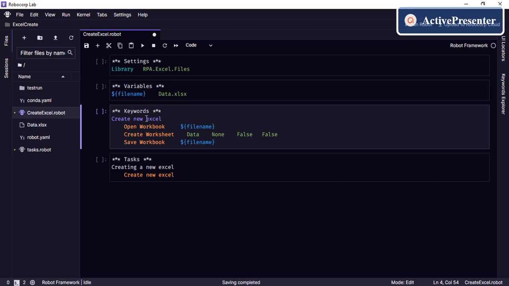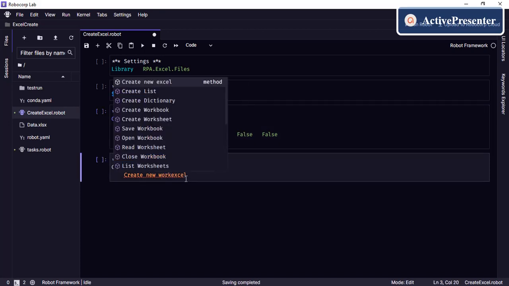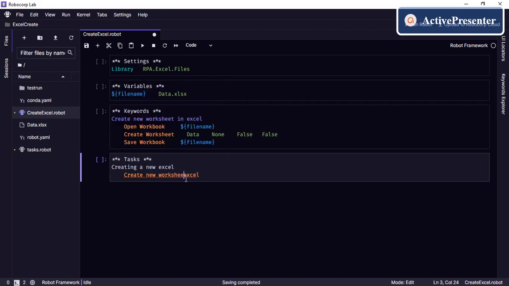Here we are not creating a new Excel, we are creating a new worksheet in Excel. So let's change that, and let's also change this one, create new worksheet in Excel.